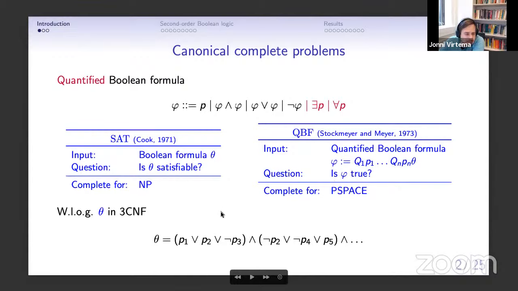And then what can be done is that this first order part or this quantifier-free matrix here and here can be changed to conjunctive normal form or conjunction of three disjuncts, so 3-CNF, and it's still NP complete and PSPACE complete. So these are well-known complete problems for these classes. And